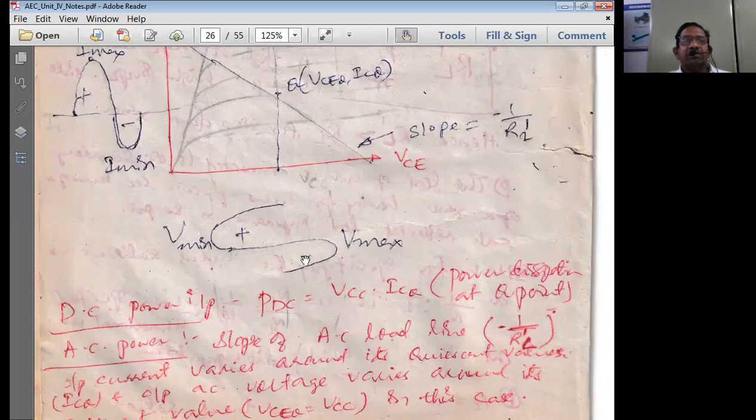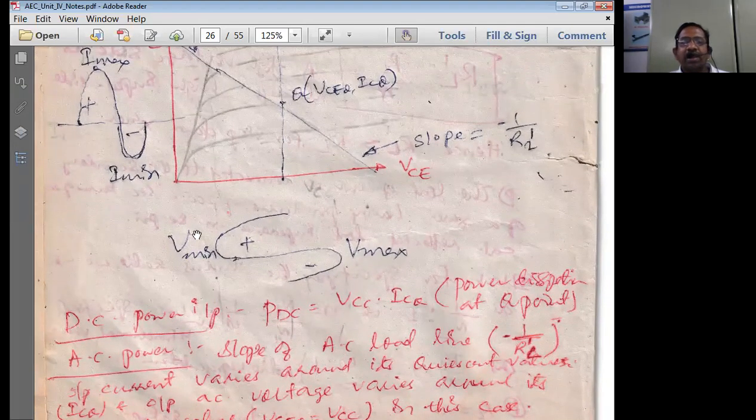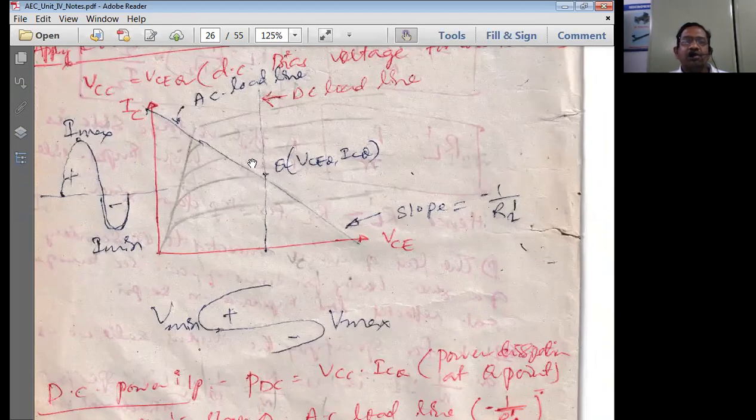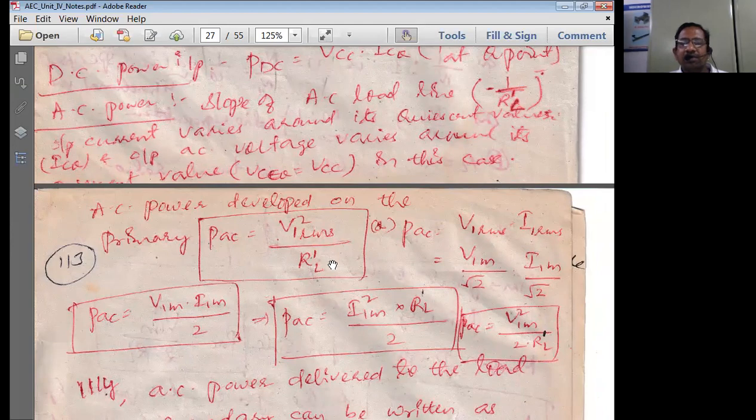So already we discussed how we normally get this particular graph. It is simply an amplified version of the input signal. So input signal we are going to show on this, and output we normally show like this, right? Which is going to make excursions around the Q point. See this Q point? On the Q point, output current is coming. On the Q point only, output voltage is coming. So like that we normally indicate by using a graphical representation.